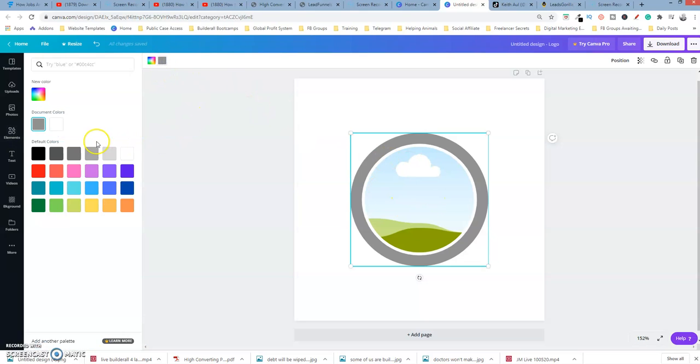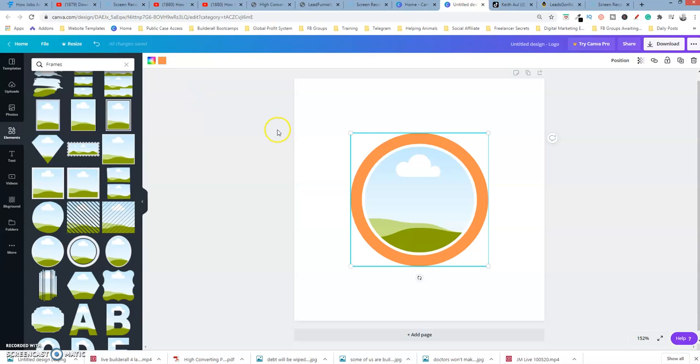So let's just select any color. You can select a preset, see how it changes the colors, whatever you want. Okay, I'm going to select orange. Click out of that area. Now what I want to do is I want to upload